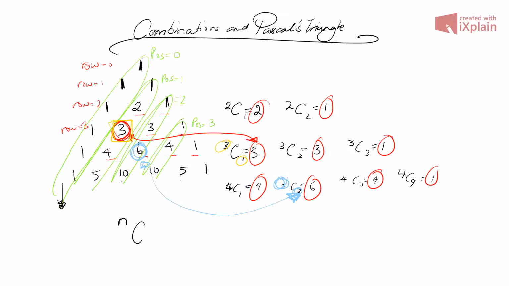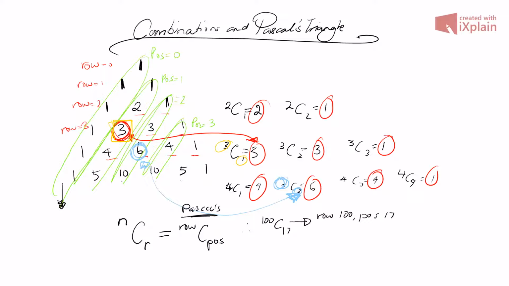when you have n choose r, if we look at that on Pascal's triangle, we can do a shortcut by saying you go for the row, which is the one on the top, and then the position, which is the one on the bottom. So therefore, if we had 100 choose 17, we would look for the position that's row 100,